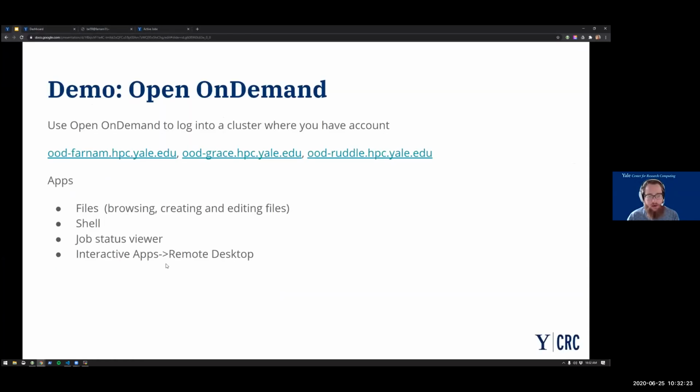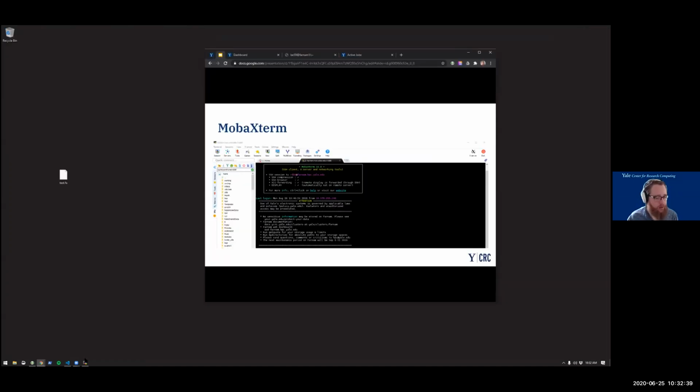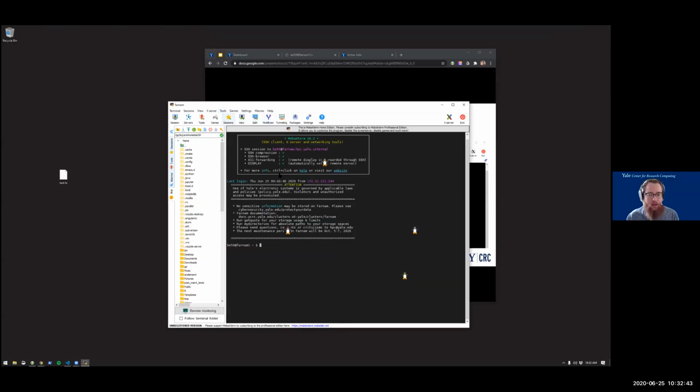So I'll go back here. The other way that a lot of folks use the clusters is with MobaXterm, and I'm not going to spend tons of time on it today, but I have it open here. It has a silly little screensaver with penguins flying around after you leave it.